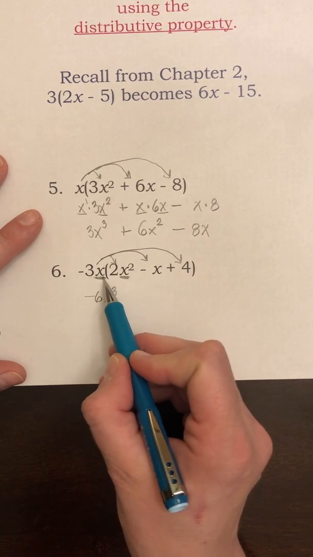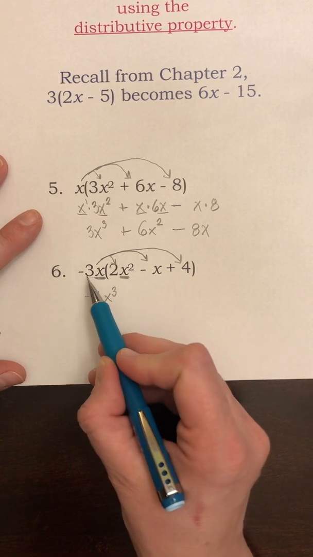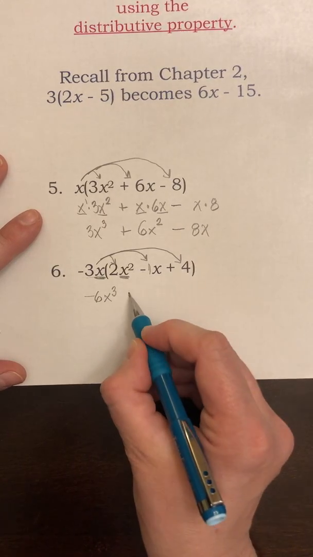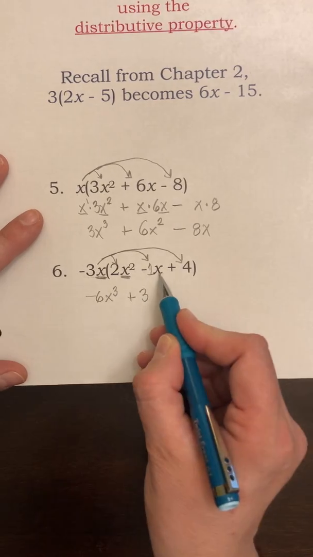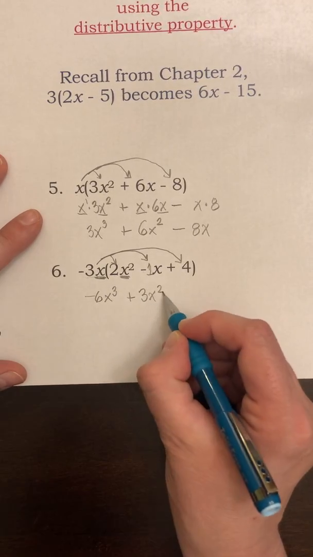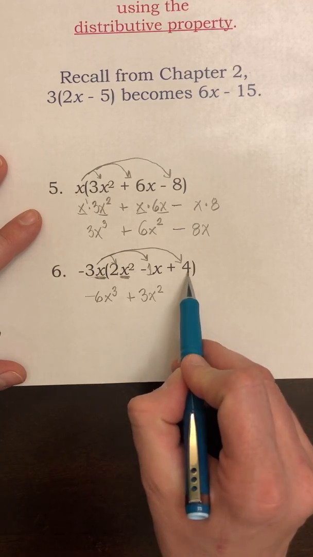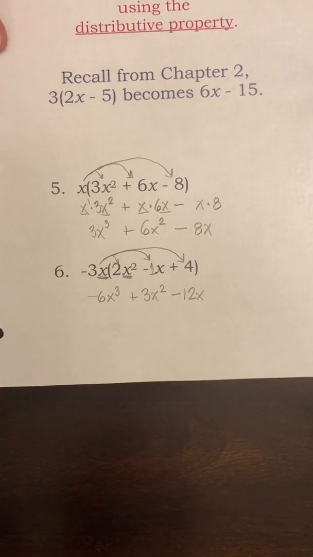Now we're going to take negative 3x and multiply it times negative x. Let's start with our coefficients. Negative 3 times an understood negative 1 turns into a positive 3. And then x times x is x squared. Lastly, negative 3x times positive 4 is negative 12x. So that's a good refresher